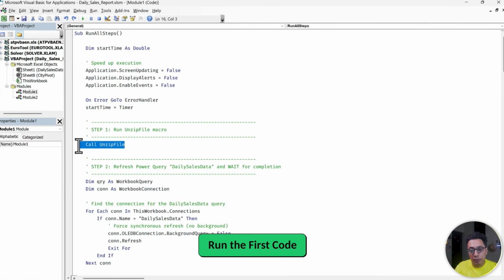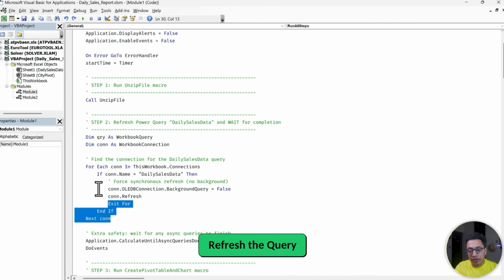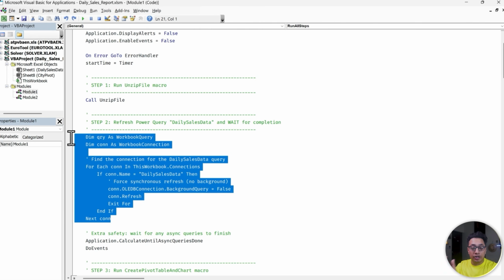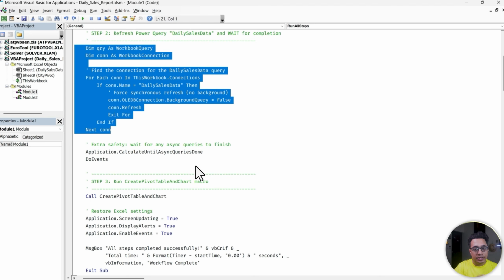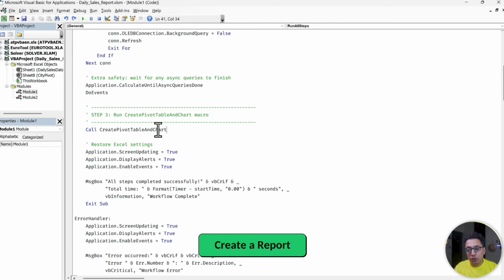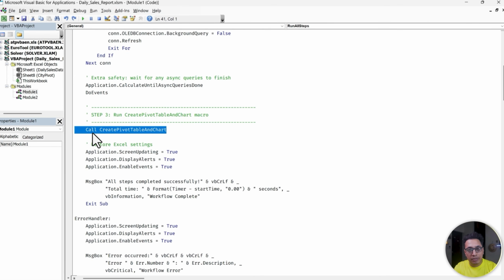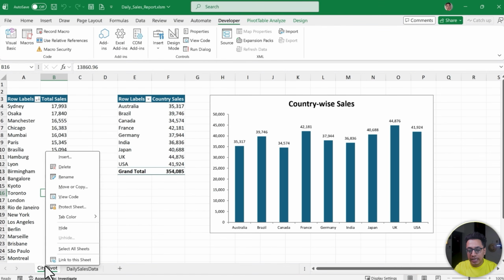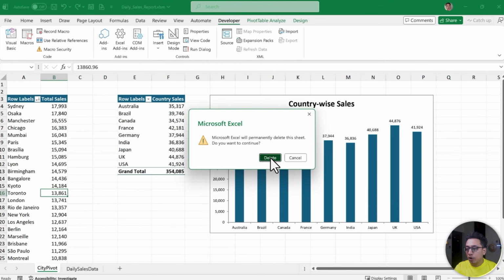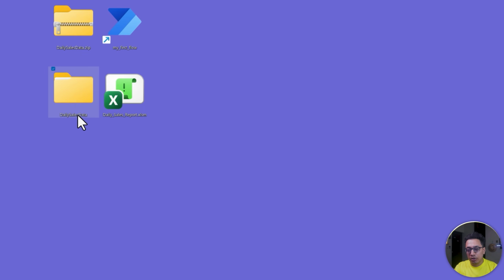First, it will run the VBA code to unzip the files, and then it will refresh the Power Query to get the updated data from that folder. And after that, in the end, once the query is refreshed, it will create a new worksheet with all the pivot tables and the column chart. So let me just go back to my workbook, delete this report worksheet, and also delete this particular folder from